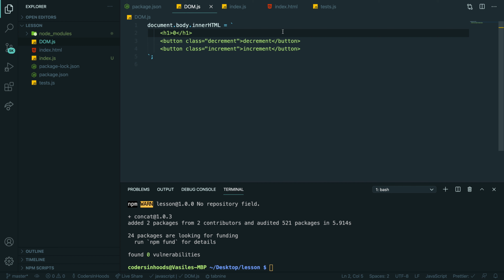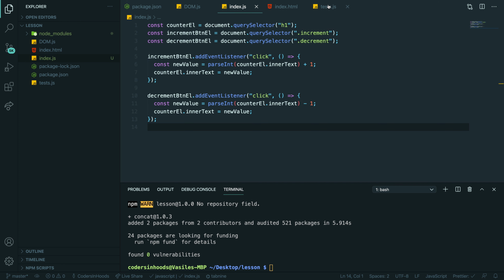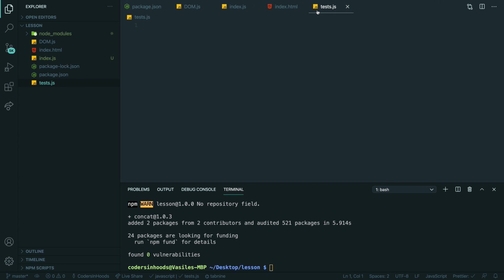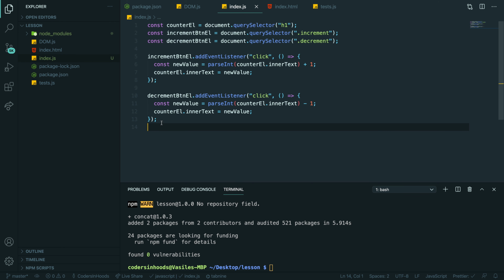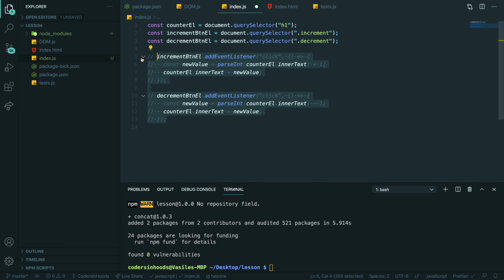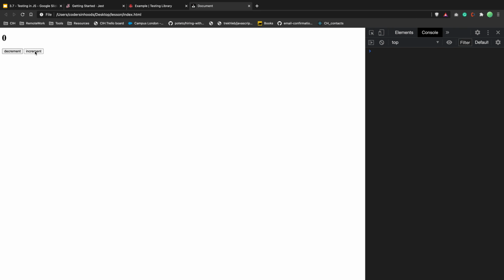It will be processed by the compiler. Okay, so we have this and we have the code. So let's comment it out for a second, so we're not doing any actions. So our browser doesn't work.